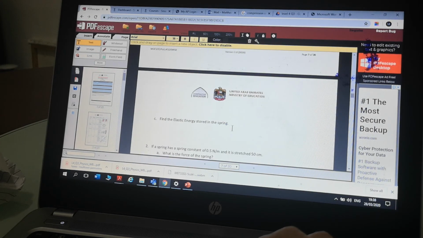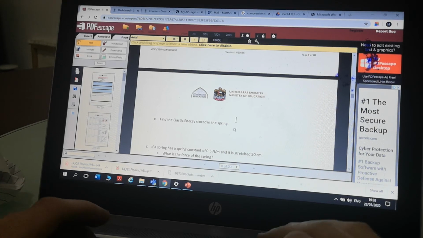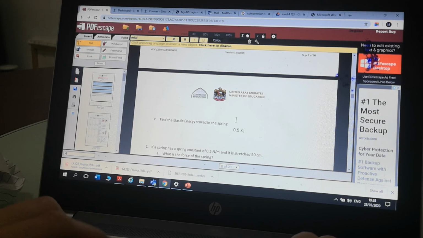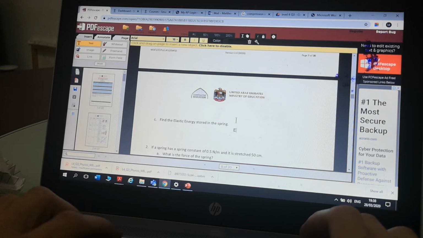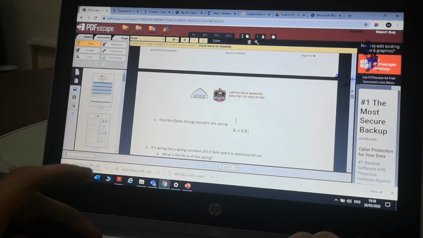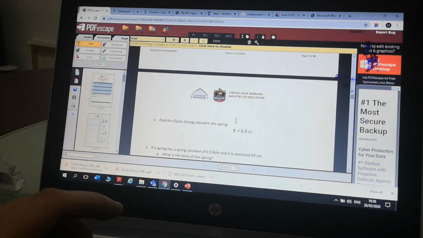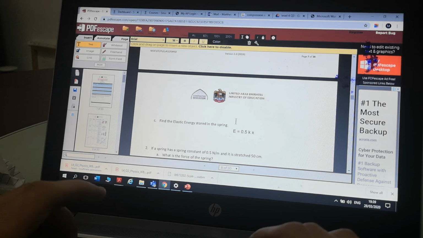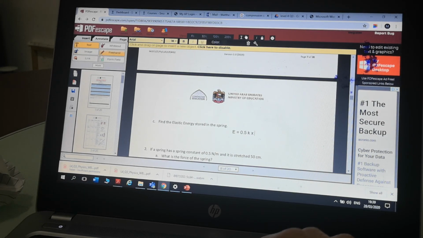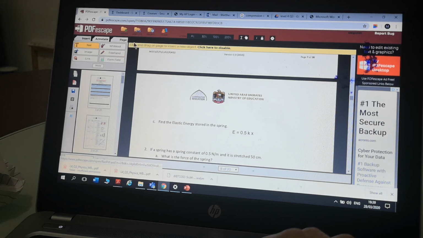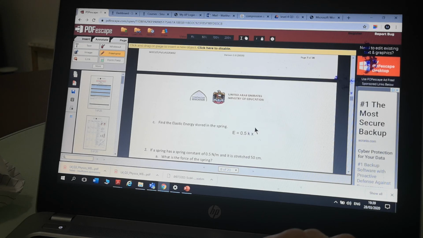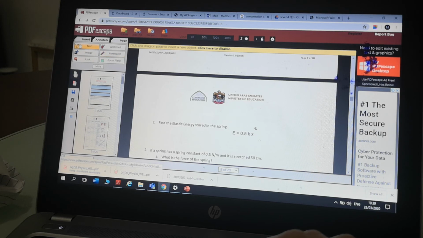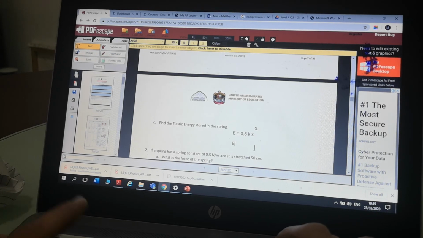So let's do that now. I'm going to do a half, which is 0.5. Let's just write the whole thing down. E equals half kx squared. There's a squared function here. Let's go for freehand. Fine. So E is going to be